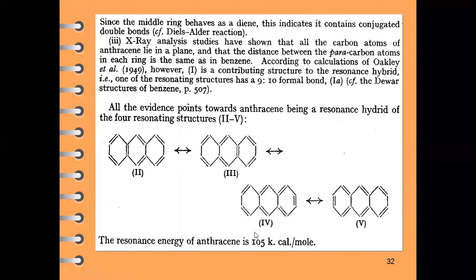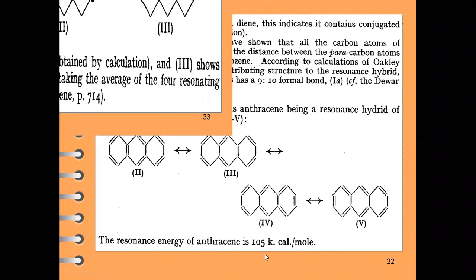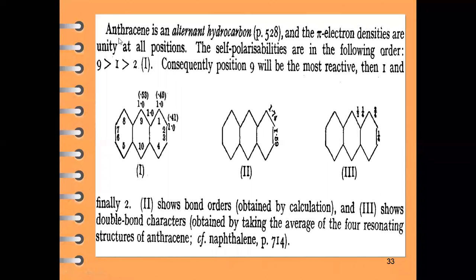These are the resonating structures of anthracene, and the resonance energy for anthracene is 105 kcal per mole. Now, anthracene is an alternate hydrocarbon, and the pi electron densities are at all positions. Today we will